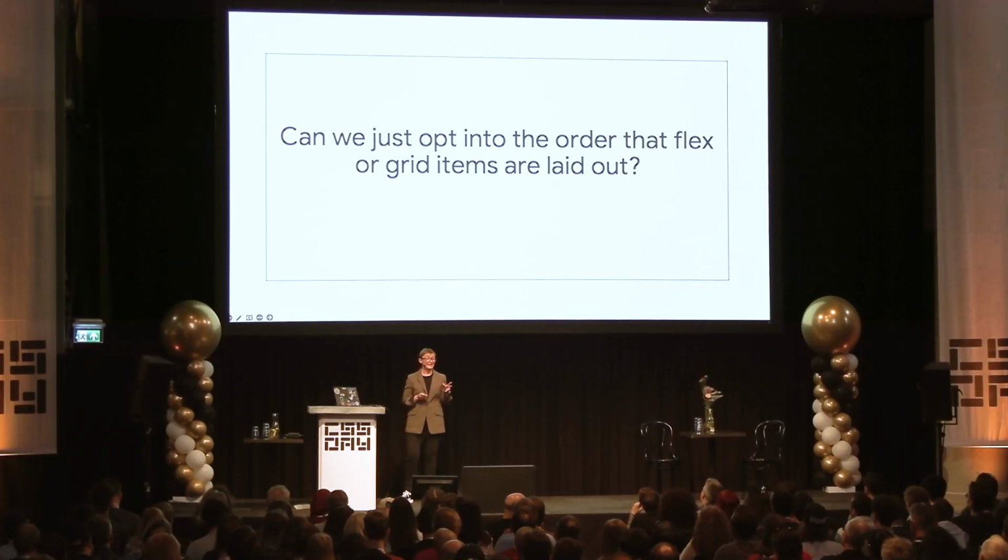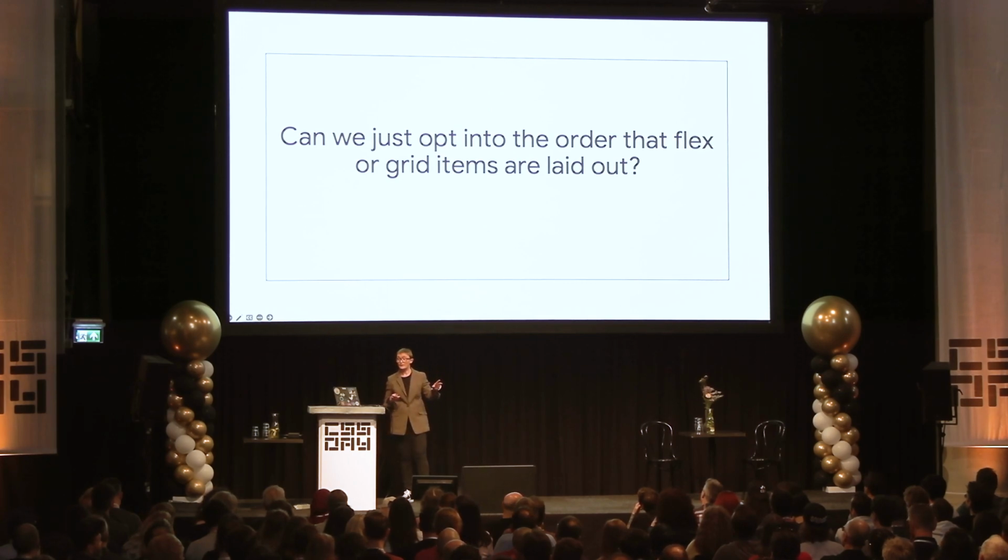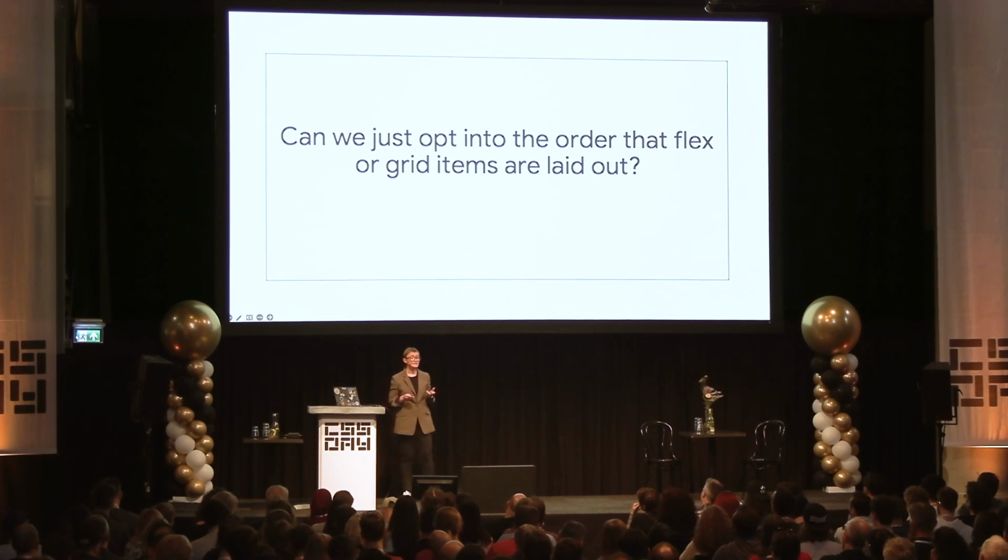So, as I say, this came up several times, and at the same meeting that the masonry and grid prototype that's in Firefox came up, a bunch of us, the minute we saw it, said, hang on, let's solve this reading order problem first. We were immediately starting to talk about that. And I remember, in the breaks at that CSS working group meeting, a few of us started to chat about, well, how could this be solved?